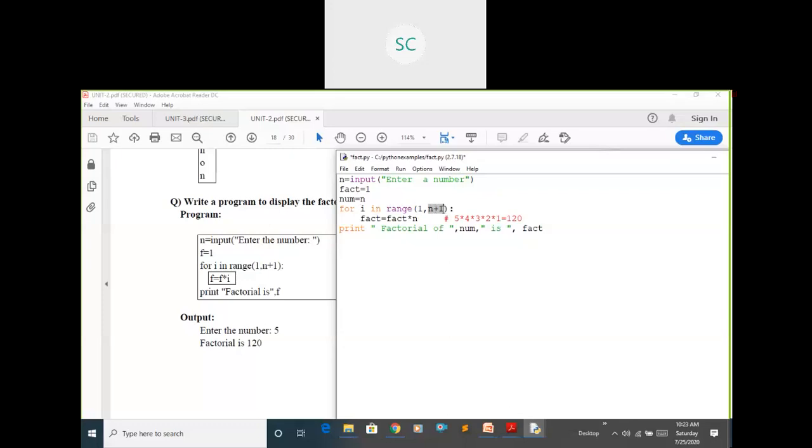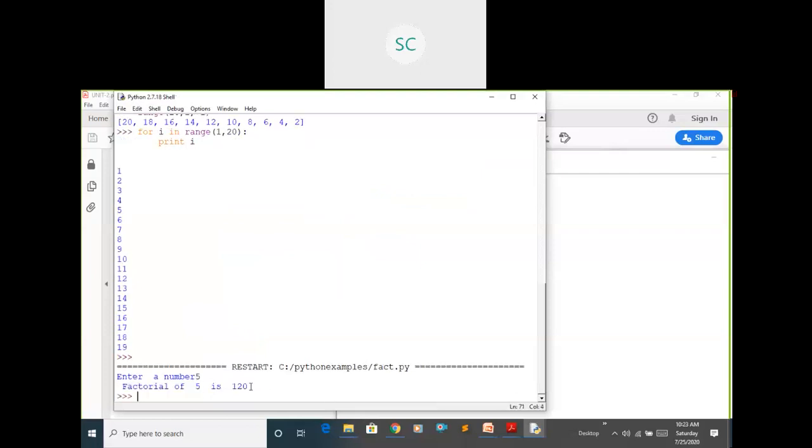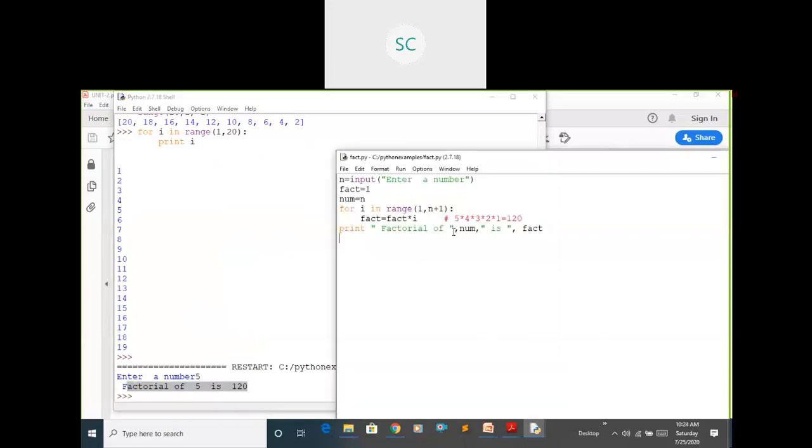See here you need to multiply with I. Now observe the output. Here it is asking some number, and you got the output as factorial of a number. Instead of while loop I used just a for loop here. The syntax for a for loop is for variable in the sequence, or you can take the range here.